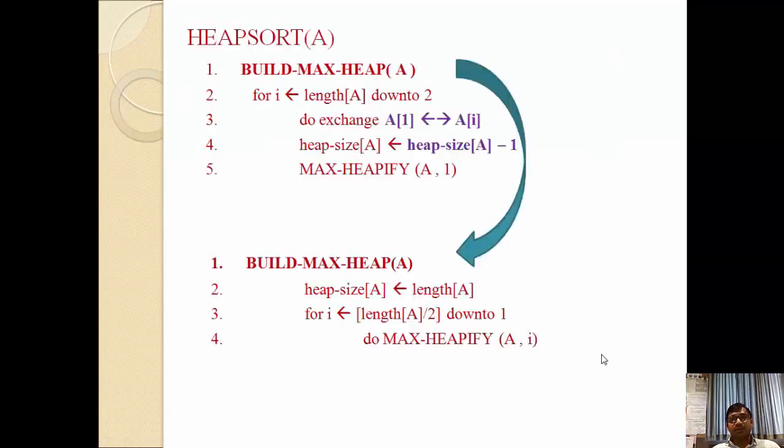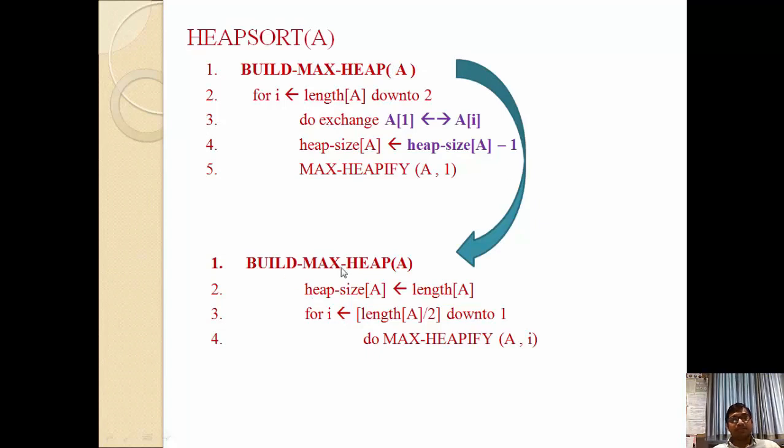Let us discuss the algorithm. As per the algorithm, the first step is we have to call the heap sort algorithm. We have to call this function, and we have to pass a list of elements as an array, as an argument. So the array will be passed as an argument in heap sort. The first step is build max heap tree. Build max heap tree is one function in which we are passing the whole array as an argument, and this function will be called.